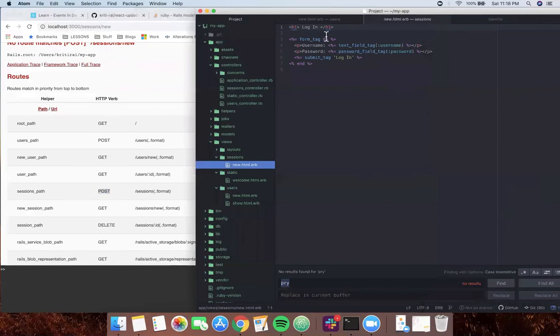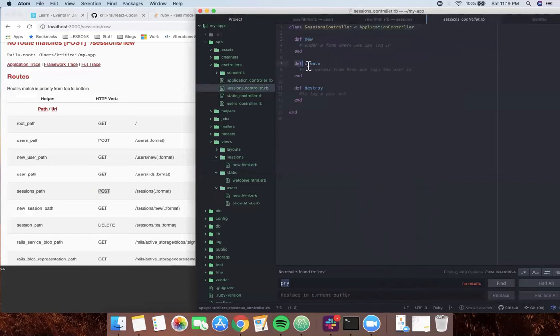So let's tell our form, like currently this form is just dumb, right? So we gotta tell the form that you'll be using this URL with this method, right? So now when we fill out those fields, username and password,